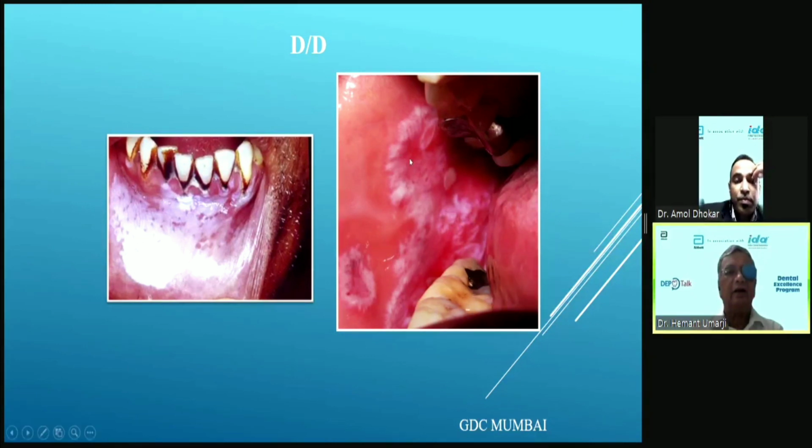Whereas in lichen planus, if you look at this lesion, you can see peripherally there are flame-shaped dendritic processes, and that is typical. It has some sort of architectural design to it. So that is called a lichen. Lichen means the fungi or algae which are there, they leave a pattern on the stone. So that is lichen planus.